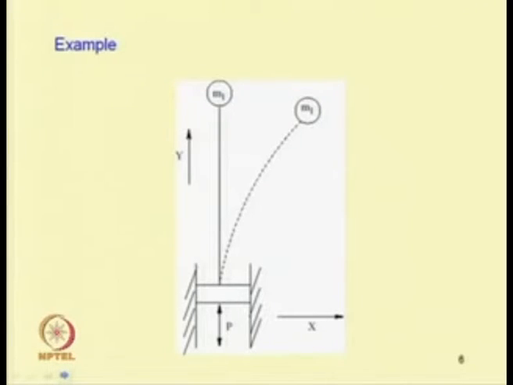So, let us take this system, in which we have a slender cantilever beam with one tip mass, and the base is excited and moving up and down. We already know how to derive the equation of motion of the system. The point of discussion in this case is how we can numerically determine the system parameters, and what other numerical techniques we will use to find the response of the system.